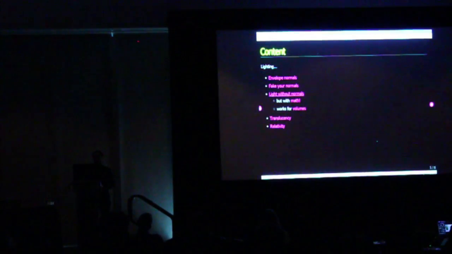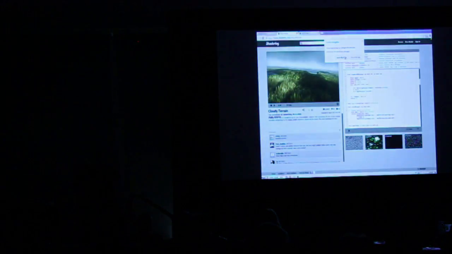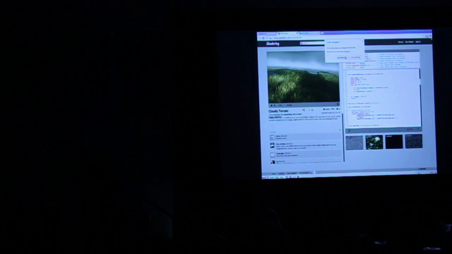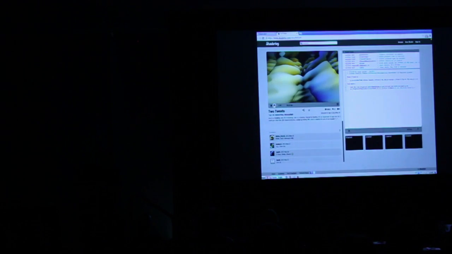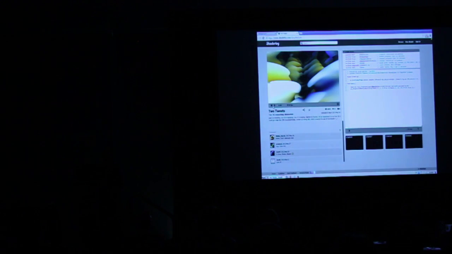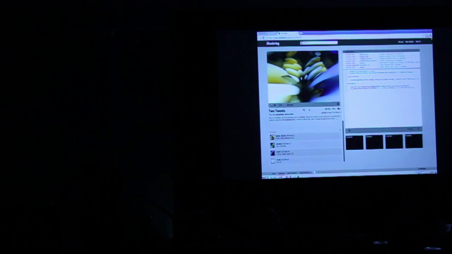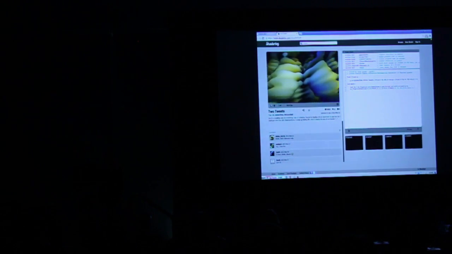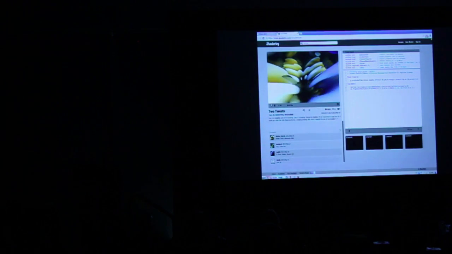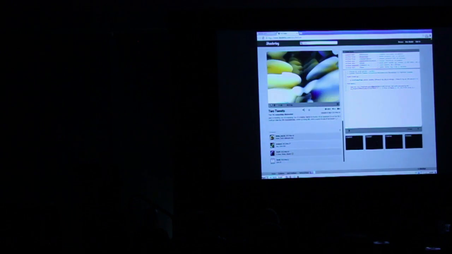Sometimes, however, you don't have normals at all, and you don't even have these envelopes that you can extract a normal from. You have things like these where, well, you could compute normals, but let's say you don't want to. Let's say you are making this 280 bytes demo, and that's what it is. You cannot afford computing gradients and things like that, or you think you can do without. Still, you can do lighting by using